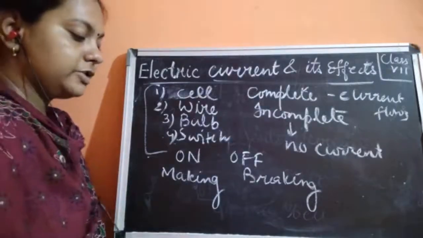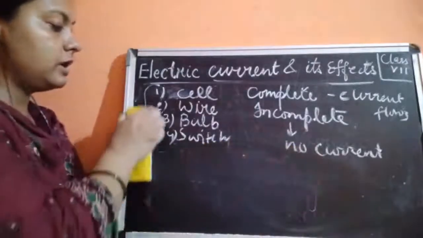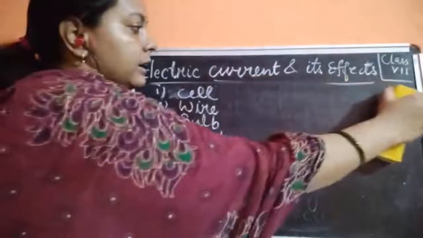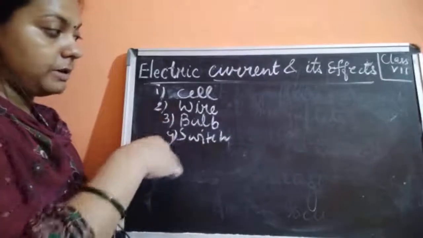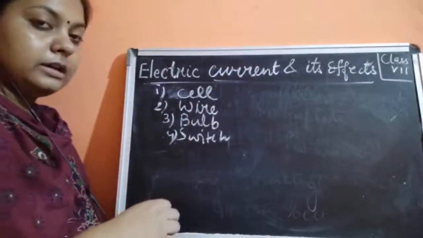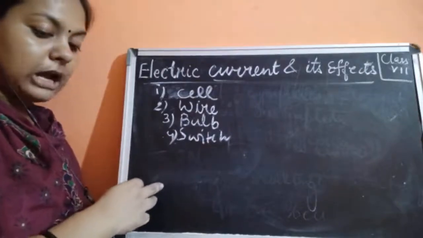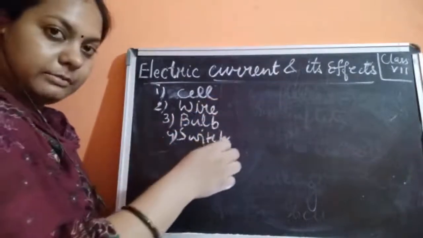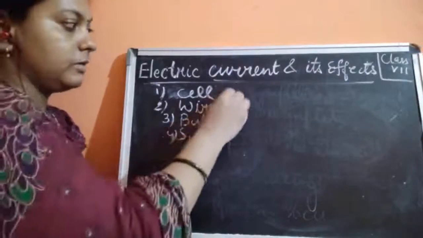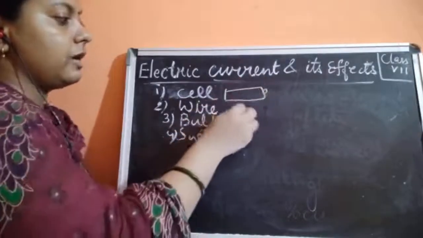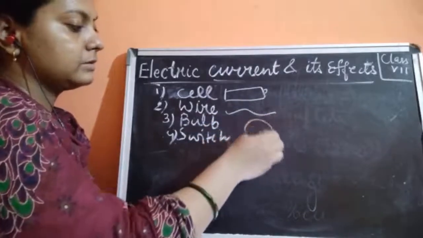Now the next part which you need to study here is the symbols. So we need to draw the symbols. This was all about the components of the circuit and their functions. Now if you need to draw the circuit diagram, how can you draw it? Either using a long method or a short cut. Long method means you will draw the diagram for each of the components. So you will draw a battery like this. You will draw a wire like this. You will draw a bulb, you will just make a bulb like this.